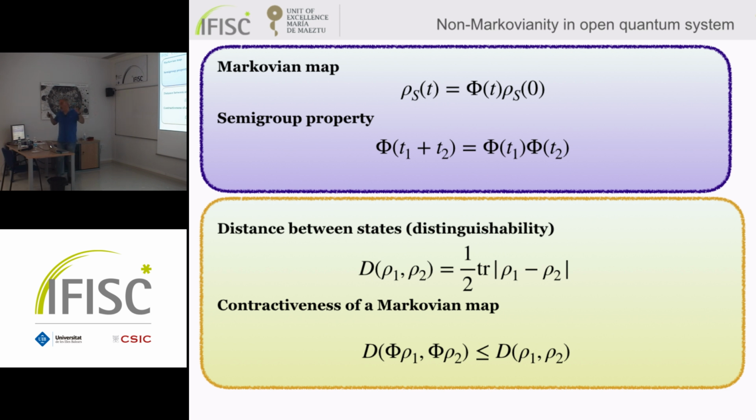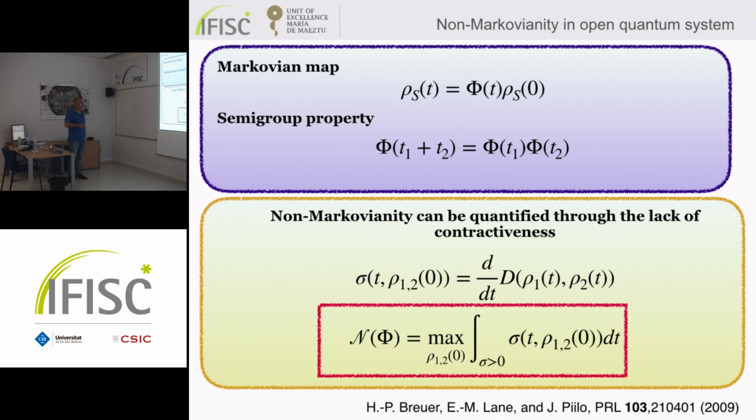So the map diminishes the distance between the two states. And this can be exploited to define a measure of non-Markovianity. In fact, if you define the rate of change of the distance as the time derivative, given two states 1 and 2,